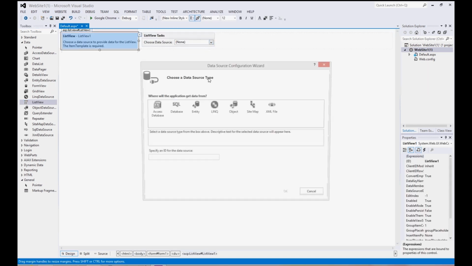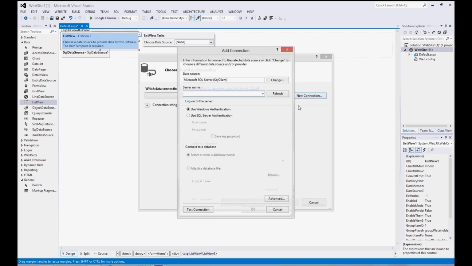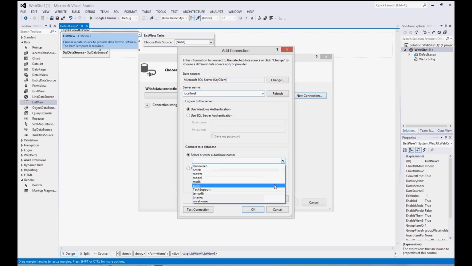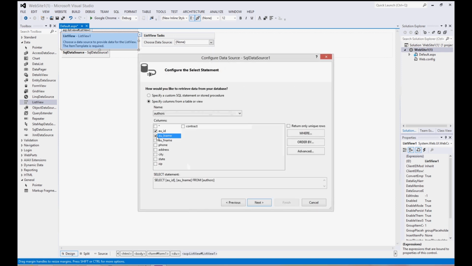I'll start with getting a data source, SQL data source for SQL Server in the local host, and I'm using the pubs database, and specifically I'm using the authors table for this demonstration. I'm selecting all the columns in this authors table,